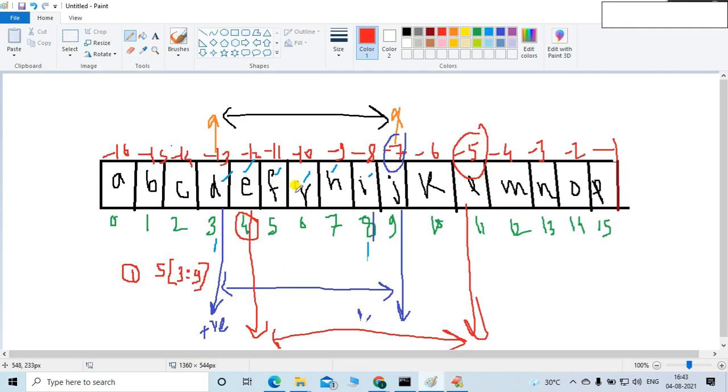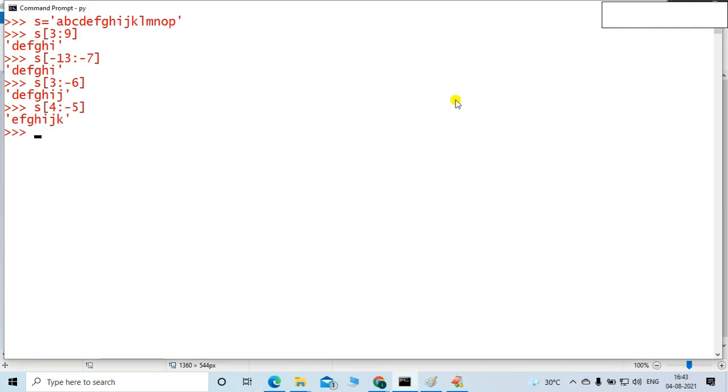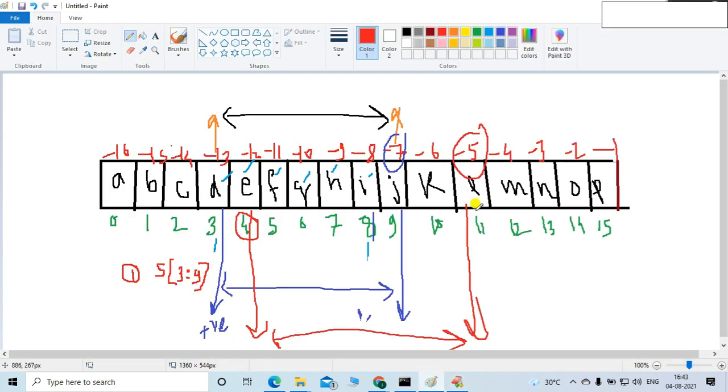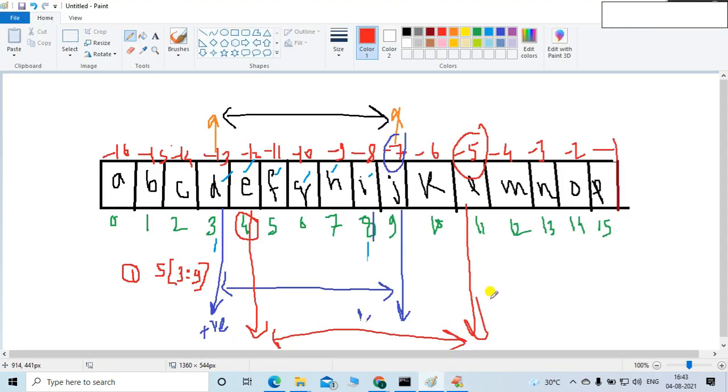E F G H I J K L. E F, you can see in the result. E F G H I J K. Is it correct? Up to K. One second. Again, I did some mistake. The mistake is minus 6.